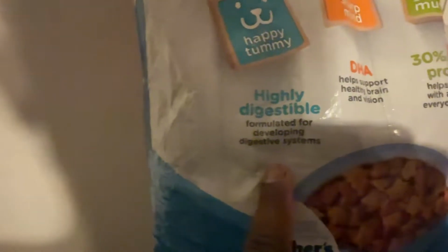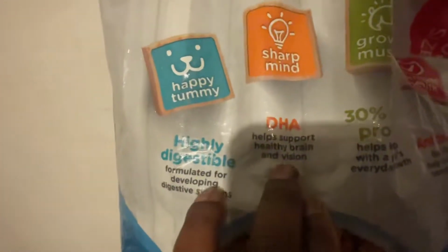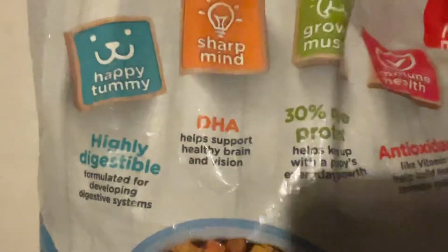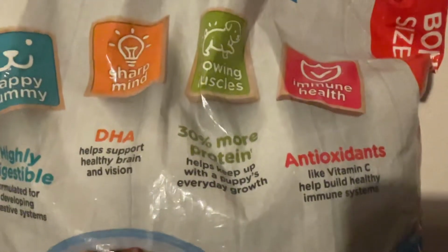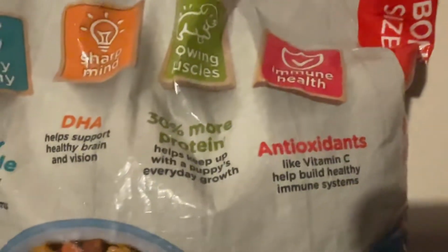Around back, we have highly digestible, formulated for developing digestive systems. DHA helps support healthy brain and vision. Then it says 30% more protein helps keep up with puppies' everyday growth. And antioxidants, vitamin C. So let's hope that's vitamin C. Let's hope that's what they're using for